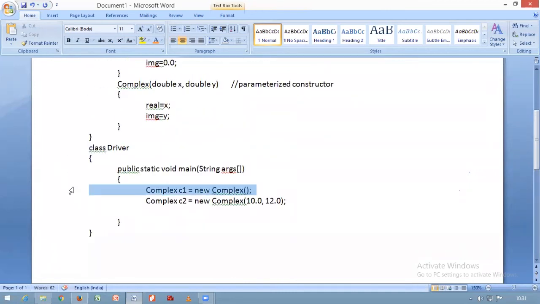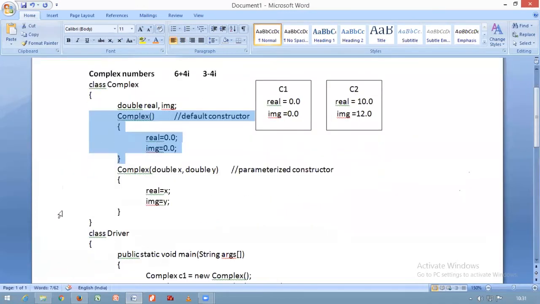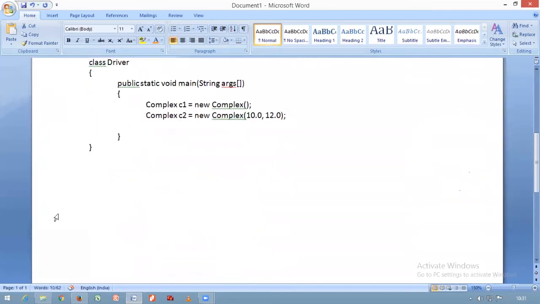So when you are creating an object, the constructor will be called, whether it is calling the default constructor or the parameterized constructor. It depends on whether you are passing the arguments or not while creating an object. If you are passing parameters, then the parameterized constructor will be called. If you are not passing any parameters, then the default constructor will be called.